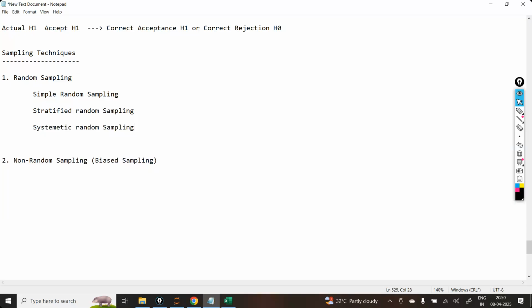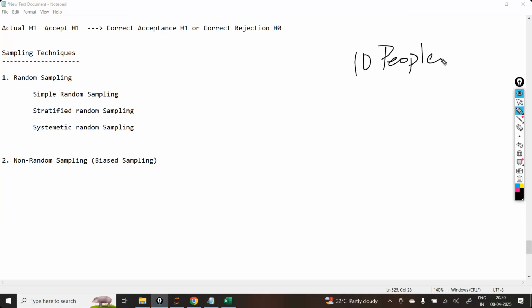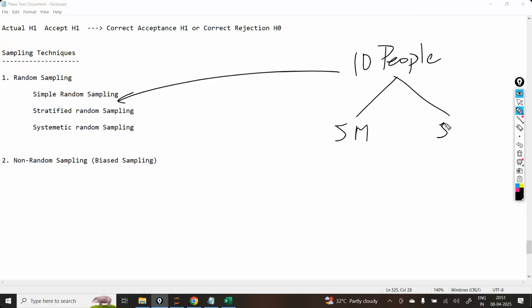Now, what is meant by stratified? Stratified random sample means, let's take an example. Total 10 people are there. Out of 10 people, I want to select 4 students. In the case of simple random sampling, any 4 students I can select, randomly I can pick. But in the 10 students, 5 of them are males, 5 of them are